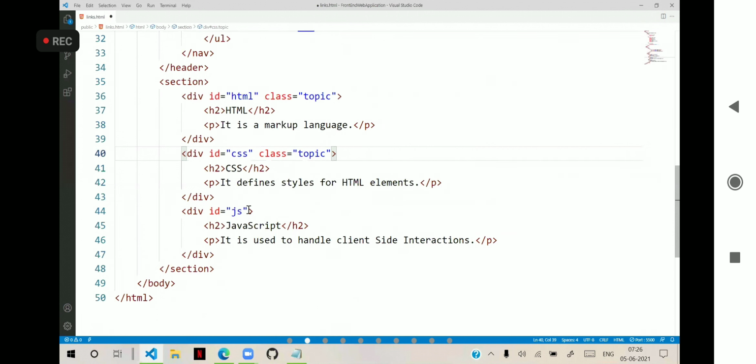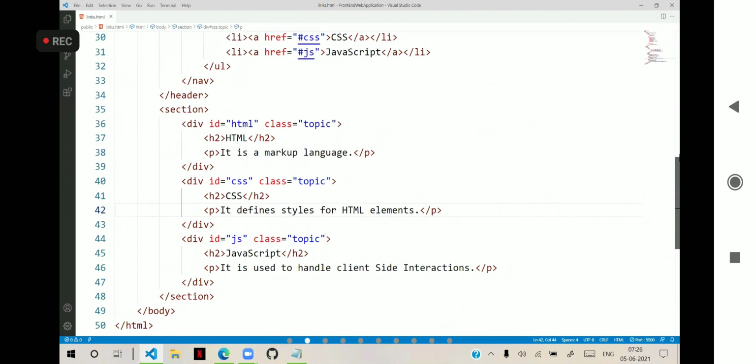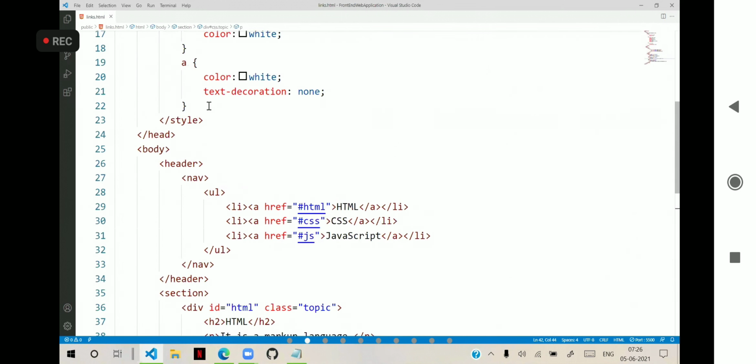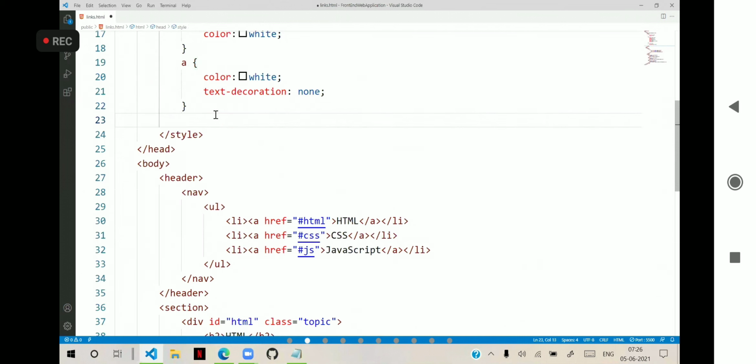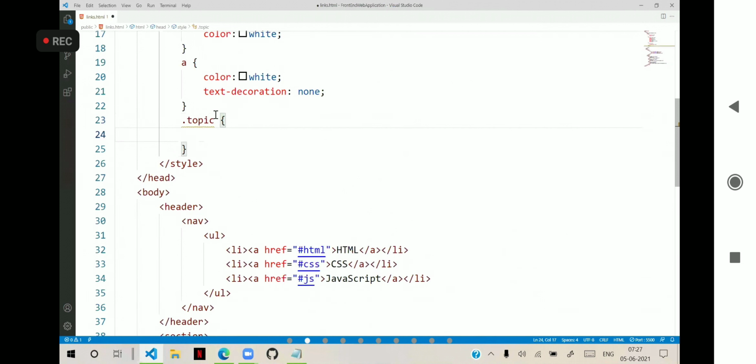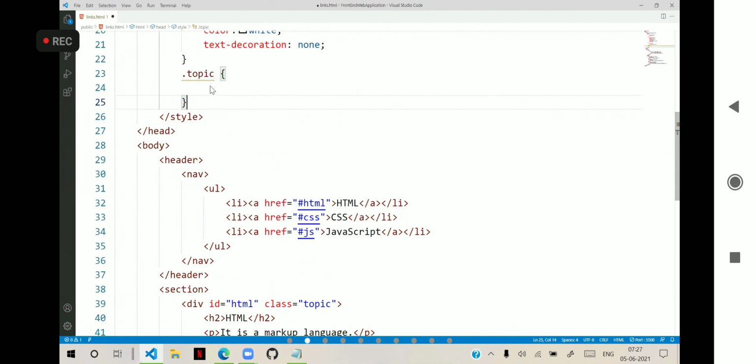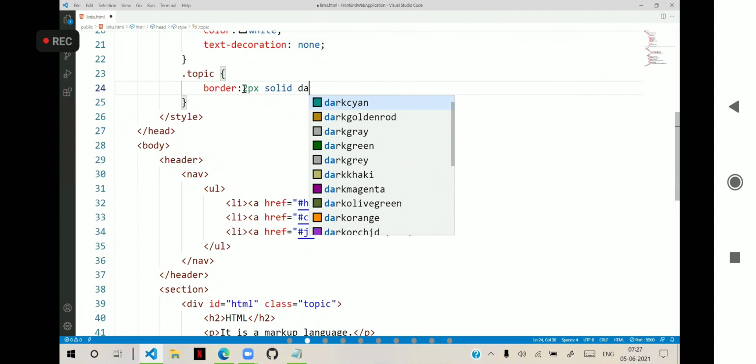Now I will use .topic, because classes are accessed by using a dot. Dot topic is the class. And here I will apply effects like border: 2px solid dark cyan.